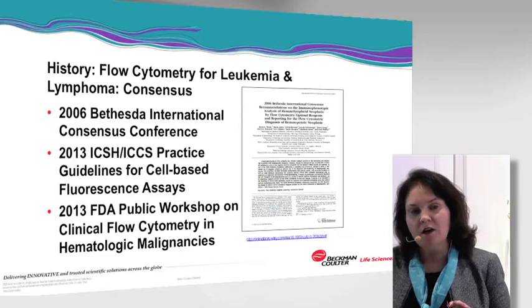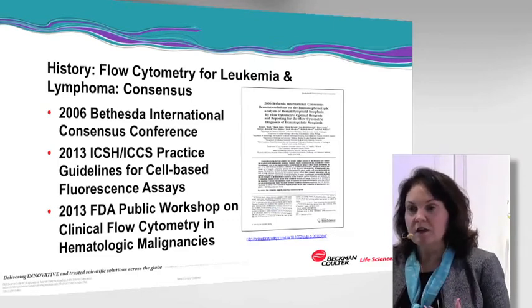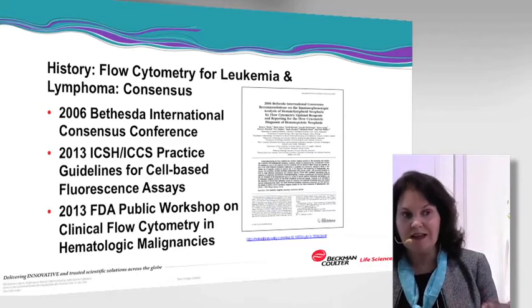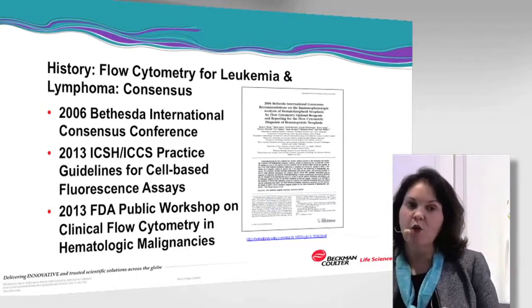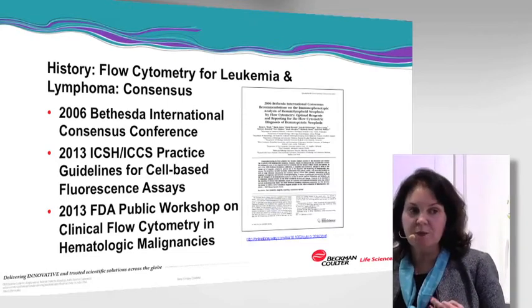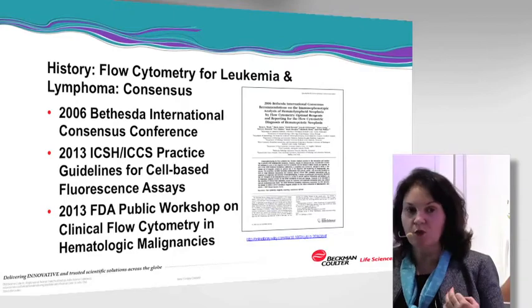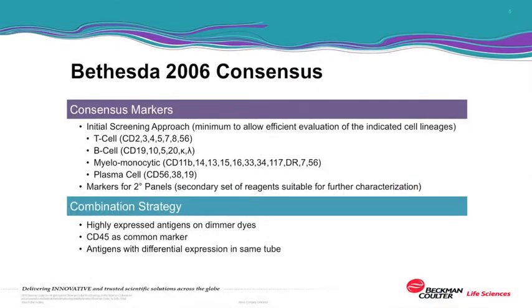And that was because of the regulatory environment around ASRs. Because vendors are not allowed to actually put ASR reagents together, that was requiring customers to do it themselves, and it was not necessarily serving the best interest of laboratories or patients, and of course, ultimately vendors. So they put together a public workshop in 2013. This was one of the first things I ever did when I joined Beckman Coulter, was to go to this